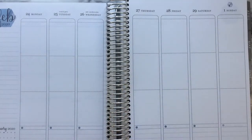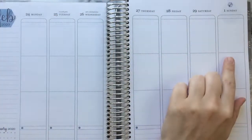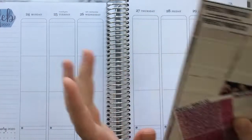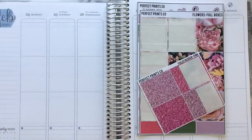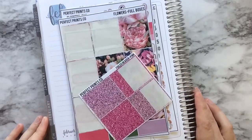We're going to be planning for the final week of February, 24th through the first day in March, Sunday, March 1st. So if you're interested in seeing what my week looks like and the kit that I use, then just keep on watching. All right, friends, so the kit that I'm going to be using this week is a kit